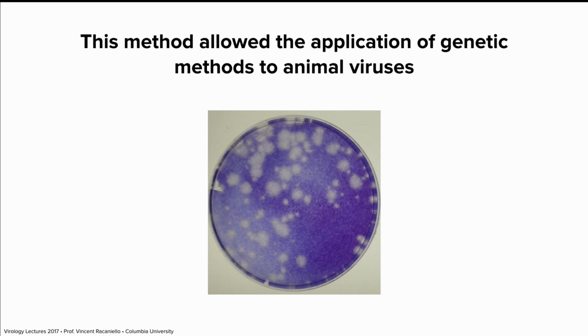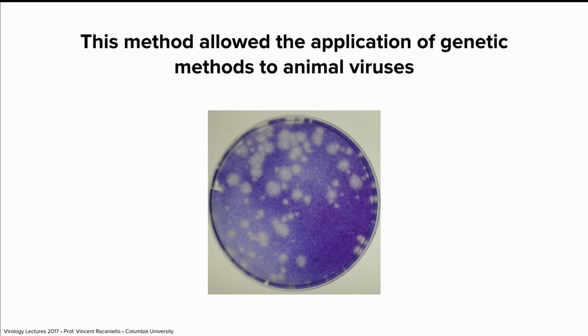All right, now I just want to end by talking a little bit about how we manipulate viruses, to study them and to use them. Now, when the plaque assay was developed, that was how we did viral genetics. We would take a stock of virus, incubate it with a mutagen, UV light or some mutagenic chemical, and then we would plaque out the resulting viruses and pick individual plaques and study individual mutants. So the early history of virology is full of this, making mutants and studying them by plaque assay.